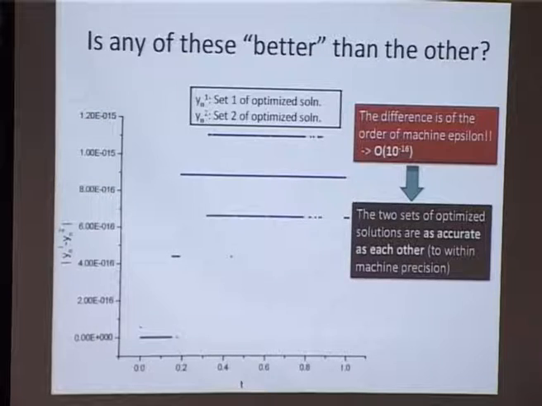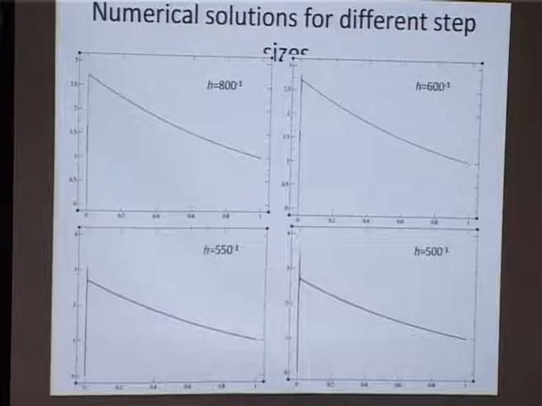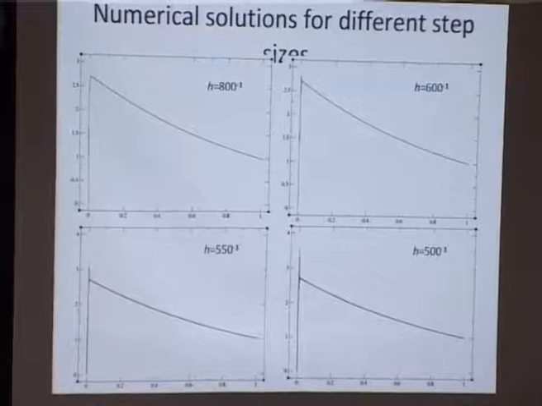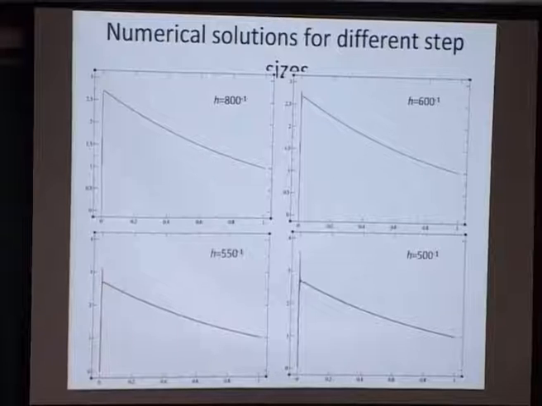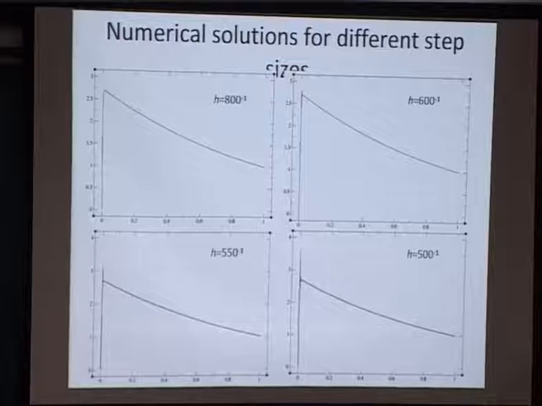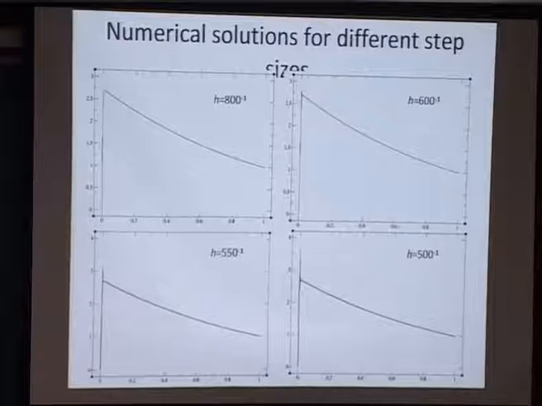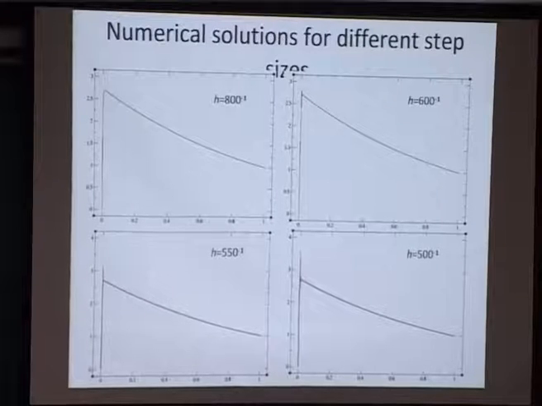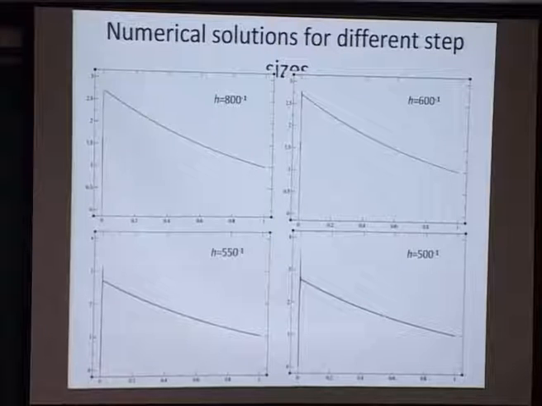So this is clear. Now that we know that both the numerical solutions are as accurate as each other to within machine precision, I just take one of the two sets. I think this one I've done for a21 equals 1 by 3, that particular set, and see how that compares with the exact solution, and done that for a range of step sizes. We expect that as you increase the step size, at one particular step size, the solution stops converging to the exact solution and shows large deviations from it. And that's exactly what we see.